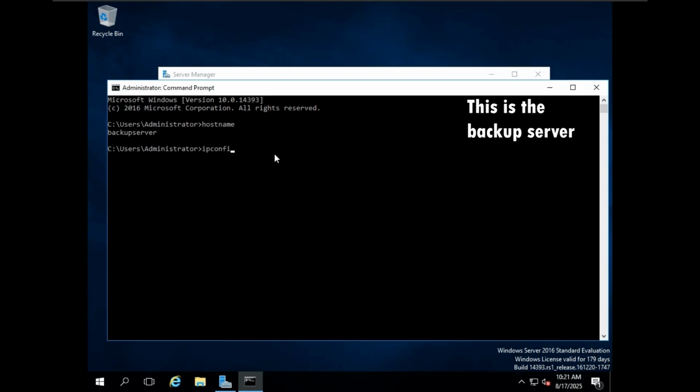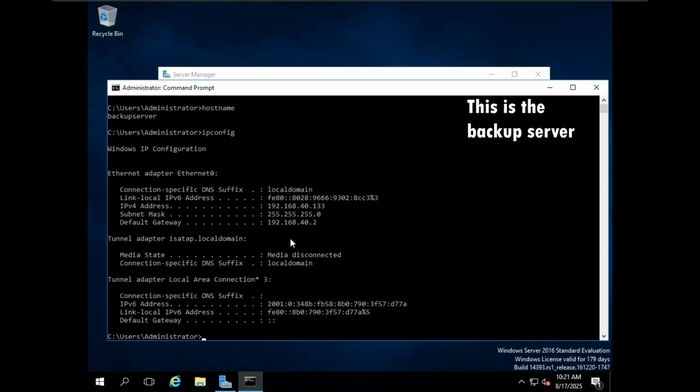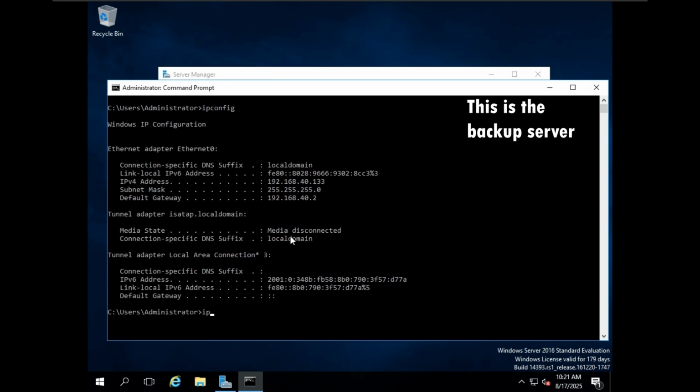Let's make it static IP. Okay, ipconfig /all. To learn how to make static IP, please watch the part 1 of the file server. Take a photo of this IP address and this default gateway and this. Okay, we need to set the same default gateway for both the original server and backup server, and we need to remember this IP address. Okay, so I will click enter